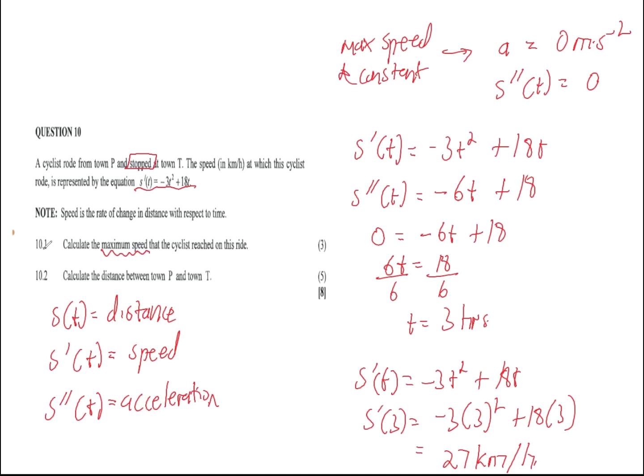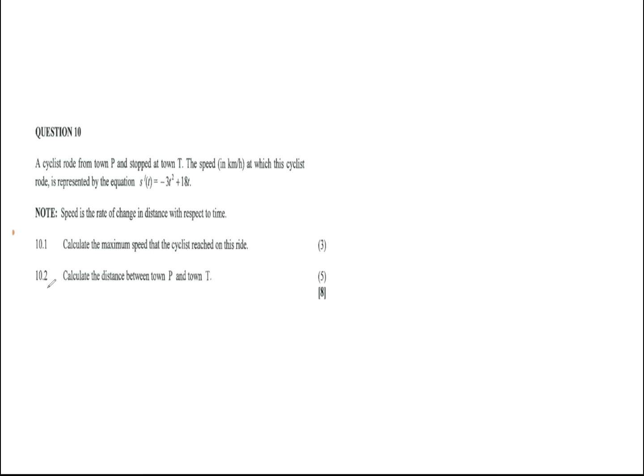That's how you were supposed to calculate that. So making that equal to 0, it's a mark, and then having to find the value of t, it's a mark, and then having to find 27 kilometers per hour, it's a mark. So 3 marks like that. Okay, then calculate the distance between point P and town T, right? How do we then calculate this? Again,